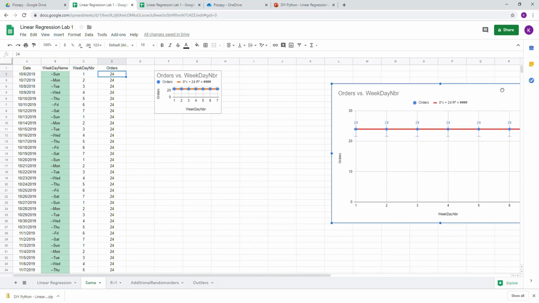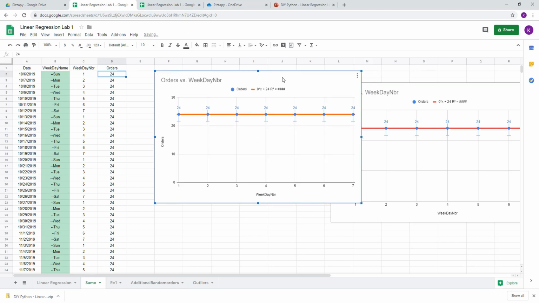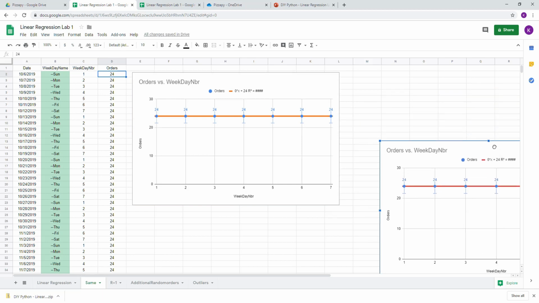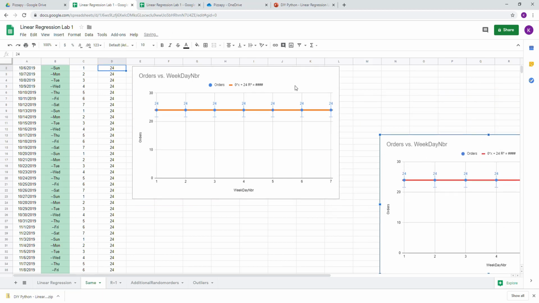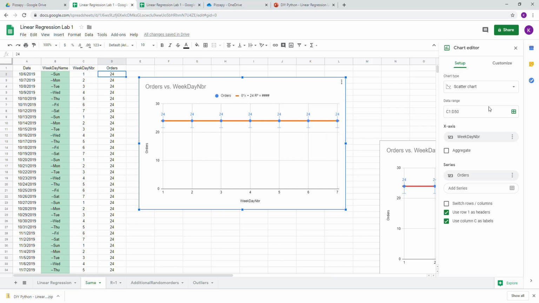I think this is the same scenario we discussed in the linear regression example, but this time I'm using some data. So again, the same scenario, assuming that every day we have the same number of orders, which is very, very rare, but I'm just trying to show you the difference. This time, if you look at this edit chart,